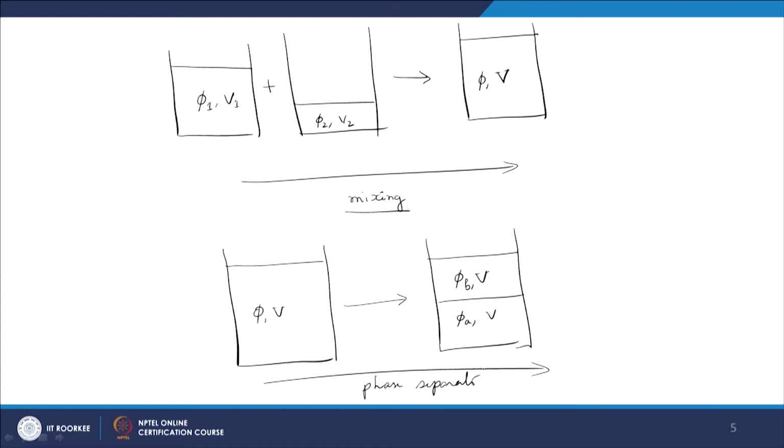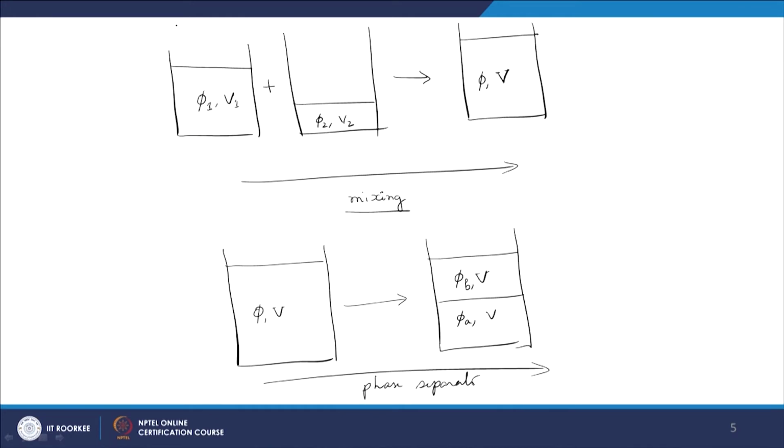So, now the question is, how does the function that we have derived, the Gibbs free energy in terms of a Helmholtz free energy density f of phi t, characterize the mixing and phase behavior? What should be the form of that function that will give you a mixing behavior in systems? What will be the form that will give you a phase separation behavior? First of all, we want to know whether that function is sufficient to characterize the mixing and phase separation behavior or not. We will see when this mixing or phase separation will occur, and what the criteria are for that to happen.